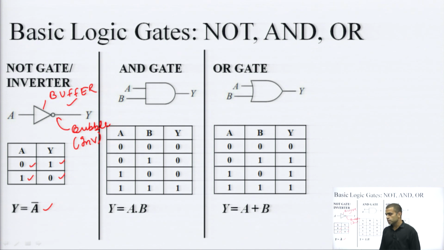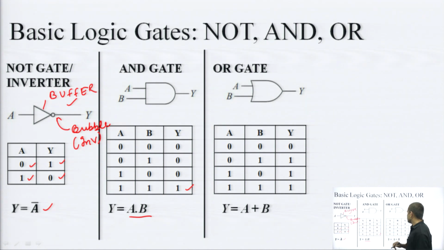Similarly, I can move towards the second basic gate, AND gate. So, this is the AND gate in which the output of the AND gate will be high if and only if both the inputs are high or all the inputs are high. In this case, it is a 2 input AND gate. If it would have been a 3 input AND gate, then all 3 inputs should have been high to get a high output. So, 1 into 1 is equal to 1. So, this one corresponds to the product of two variables A and B. So, this is the expression for AND gate and this is the truth table for AND gate.